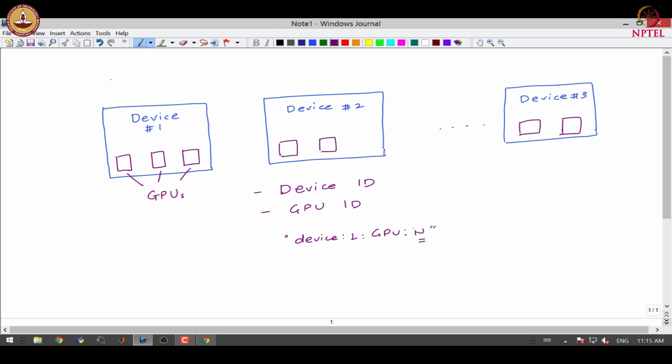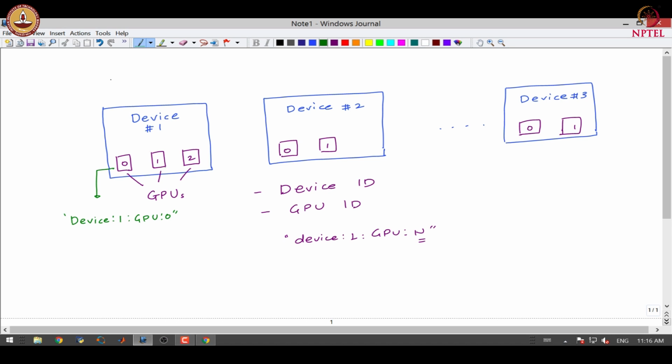The GPUs are numbered 0, 1 and 2 on the first device, 0 and 1, 0 and 1 on the others. So, this particular GPU will get identification like this: device 1, GPU 0.